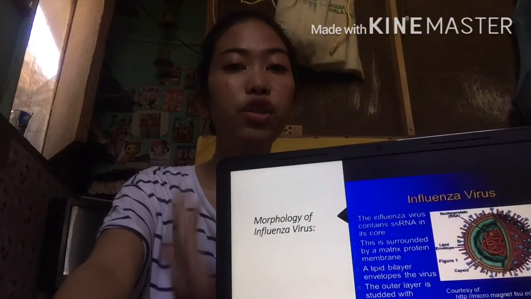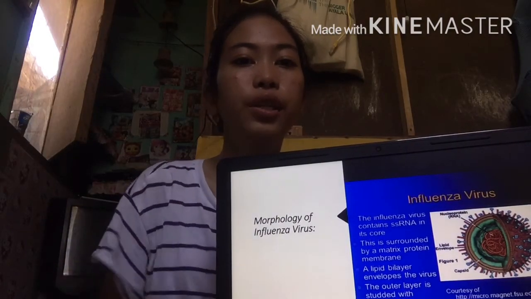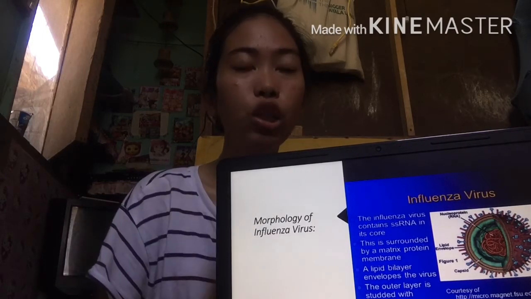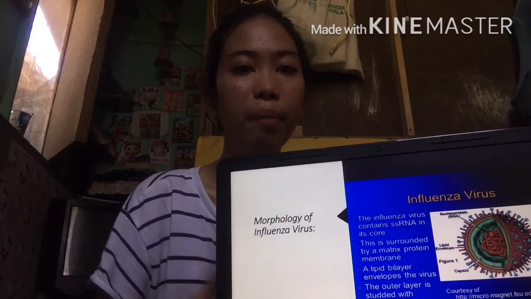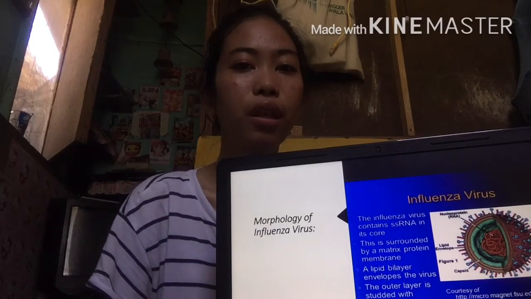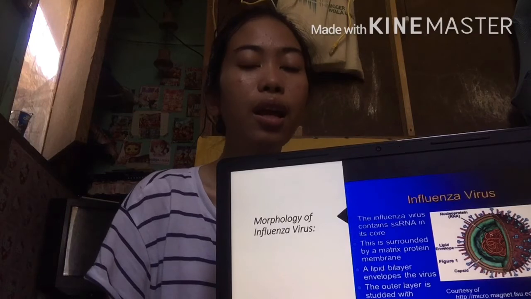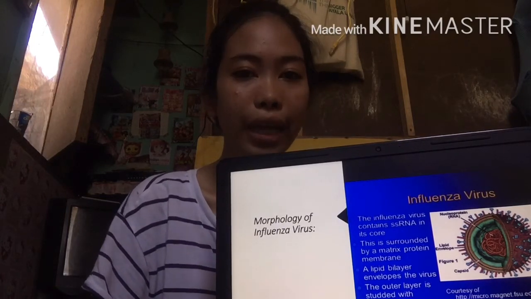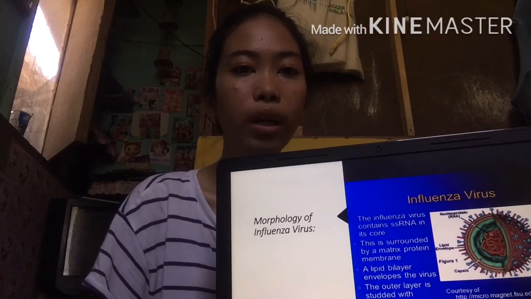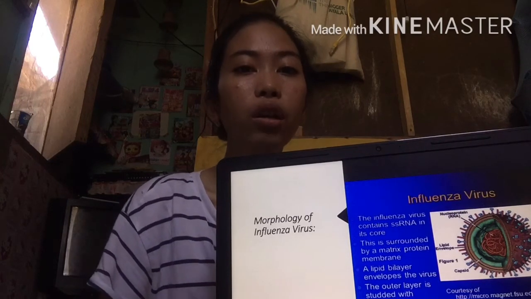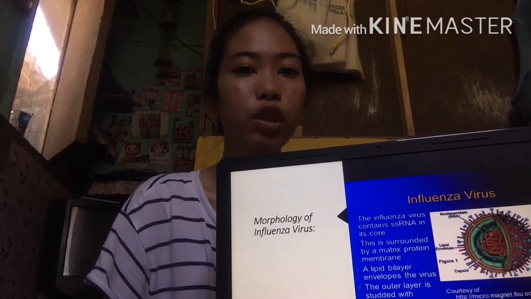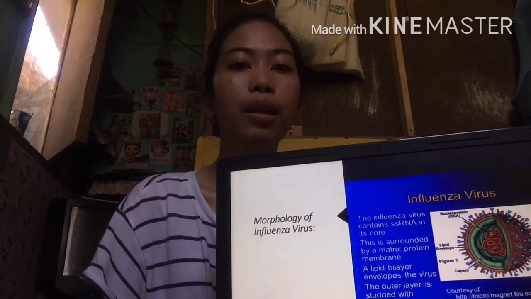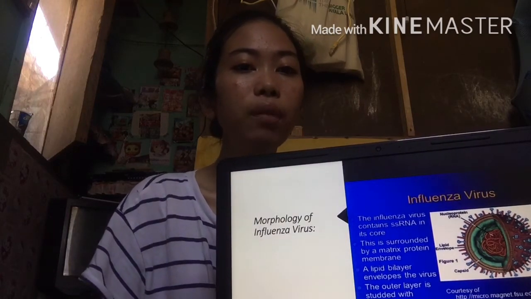Next is the morphology of the influenza virus. The influenza virus is polymorphic and its diameter is 80 to 120 nm. It is an enveloped virus possessing a genome segmented into 8 linear single-stranded molecules ranging in size from 890 to 2341 nucleotides. The nucleocapsid of the virus has helical symmetry, about 6 to 9 nm in diameter and about 60 nm in length. The envelope contains